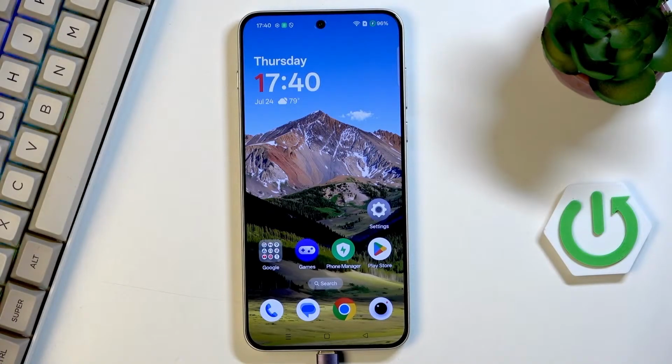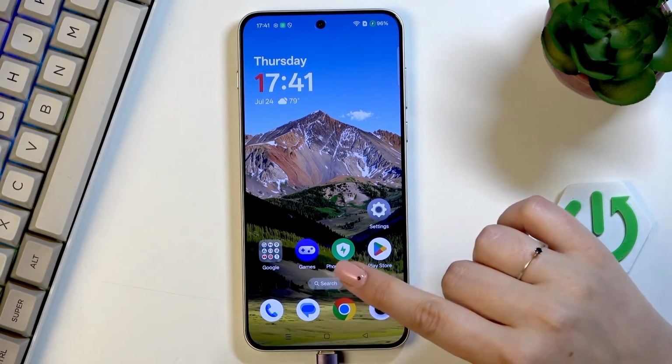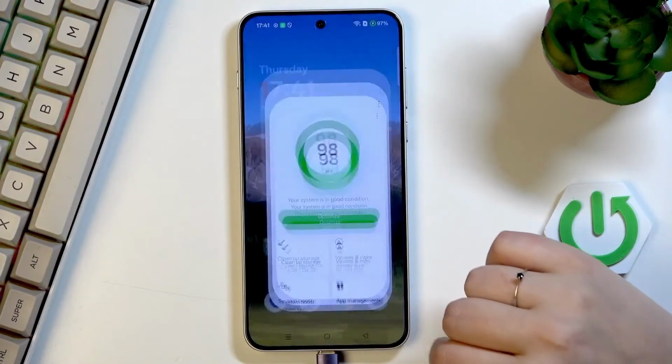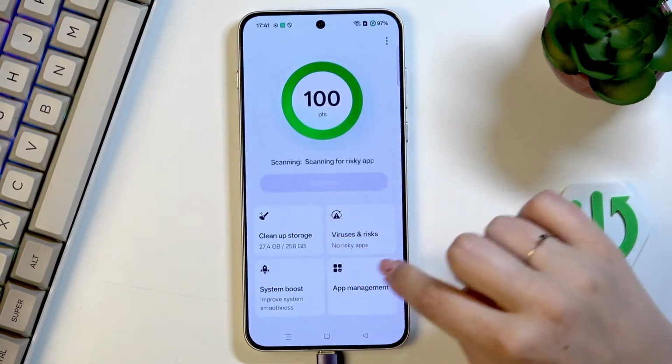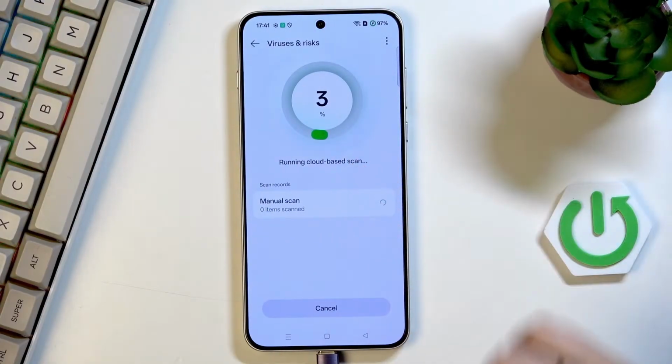So let's start with finding the app which is provided by the developer. It is called Phone Manager. So for sure you've got one, just find it and then tap on it. Now we have to find this section Viruses and Risks, so let's tap on it, and now your device will immediately